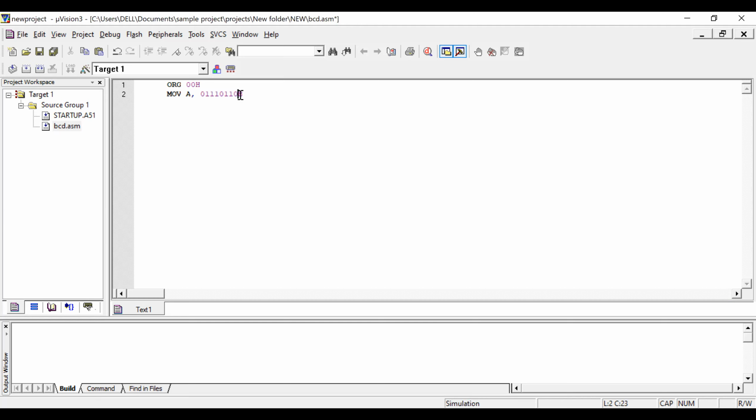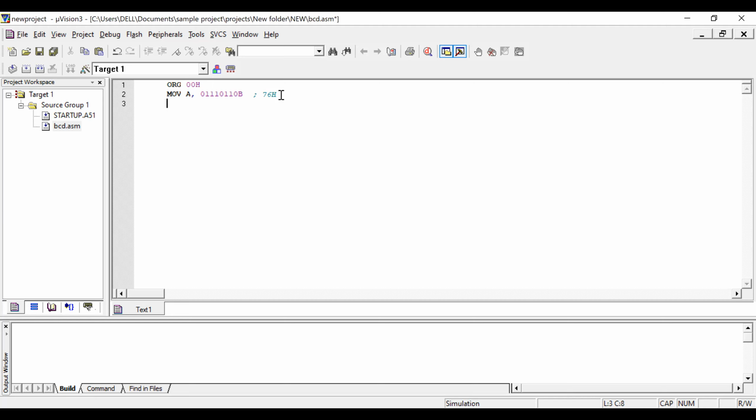If you give a binary value, it should end with B. Or you can give it like 76H in hexa form, because the controller will convert all values into an 8-bit number only.